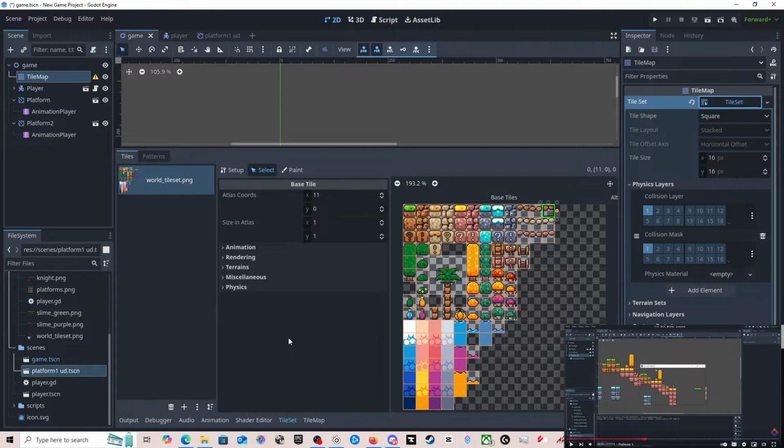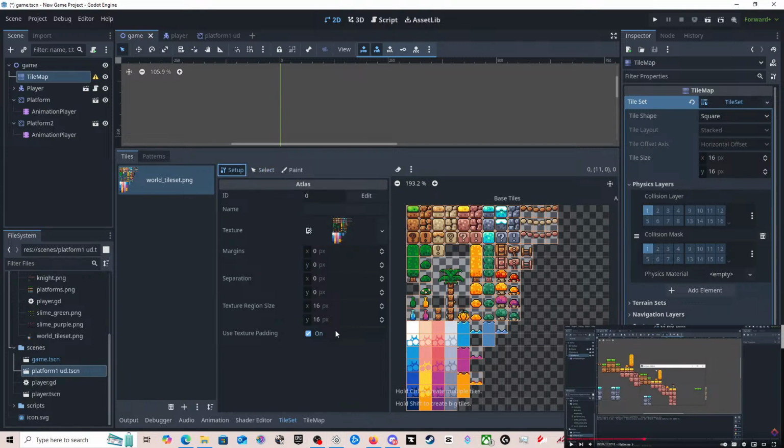Right. Bottom of the screen, tile set. Yeah. Select a property, physics 0 in setup. Middle of the setup. That one. No, it wasn't setup, was it?